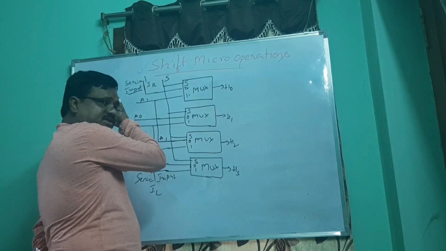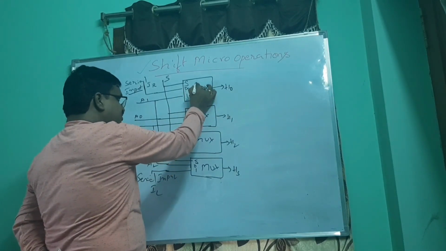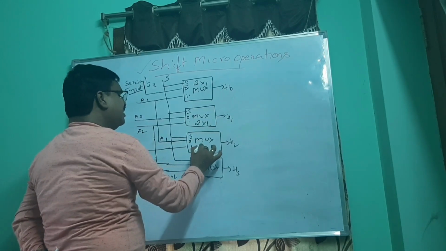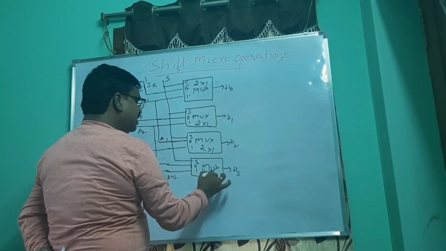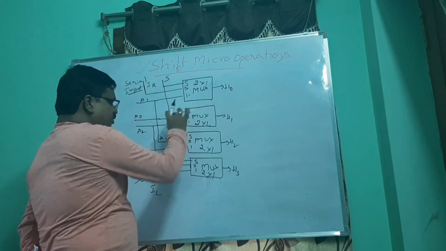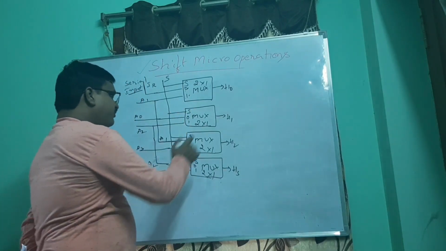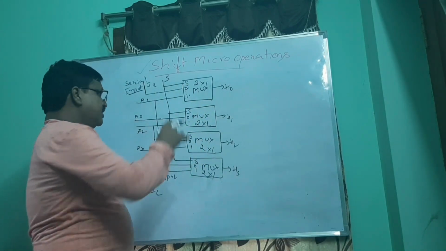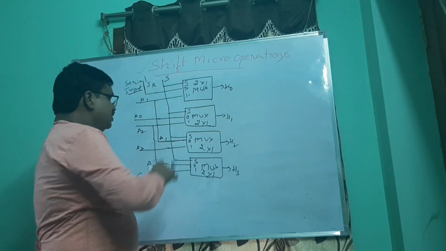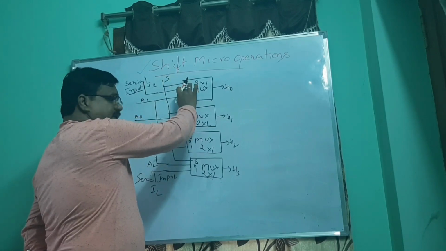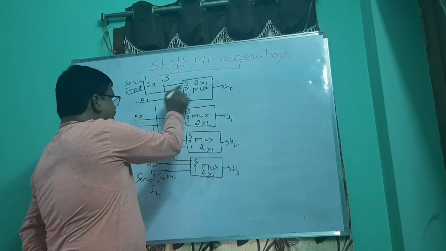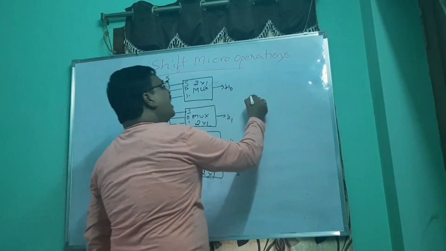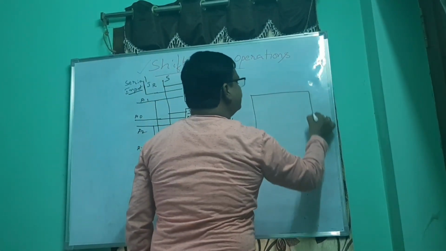Now you just see this. What is the size of this multiplexer? As you know very well, there are two input values and one output, so it is a 2 by 1 multiplexer. It means there are two input options, out of which only one will be selected. How will that one be selected? Based on the value of the select line. If S is equal to 0, this line will be selected. If S is equal to 1, this line. So now we will draw a truth table for this.